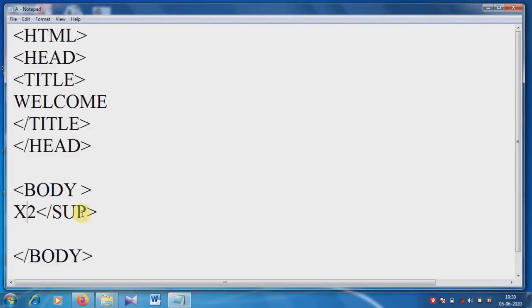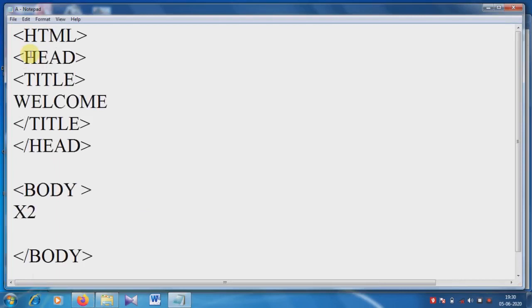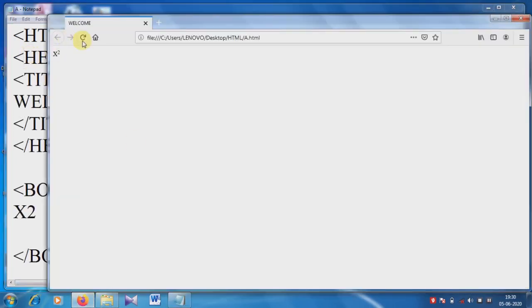Let's check. When I delete the superscript, what will be the output? See, just x and 2 in one line, but it is not x square.